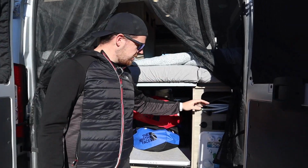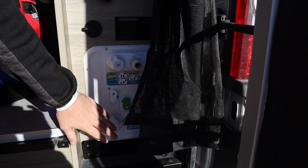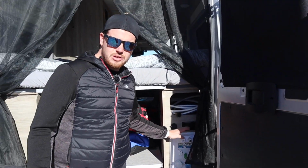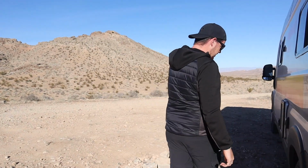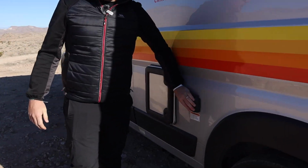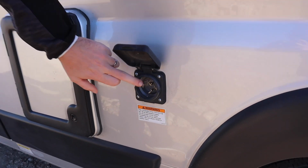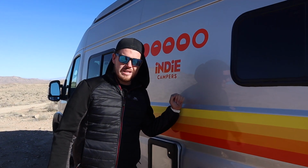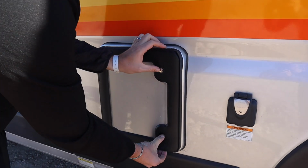Also in the back of the van here, we have the water control panel. This is where we can fill up our fresh water, and we also have a nice outside shower with hot and cold taps. Come around this way. We have a 125 volt 30 amp hookup. So if we're in a campsite, we can plug in, charge our batteries, and we can also run the 120 volt power sockets inside. And now for the nice